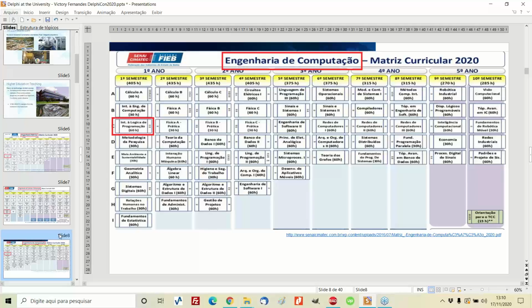So this is very common. No matter which university you go to as a professor or as a student, you will most probably be facing this discipline in the first semester.